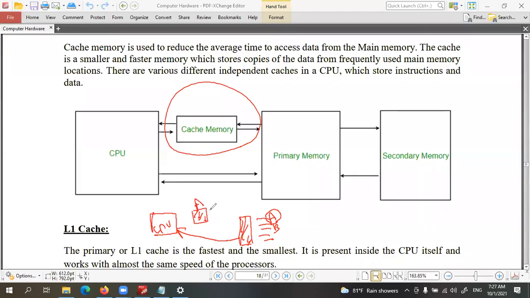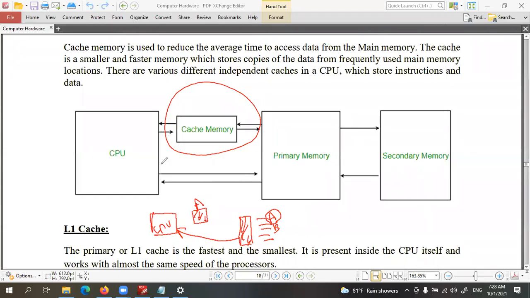So cache has a very small memory capacity. It can't store a large amount of data because, children, the reason is the memory is very costly. Developing a high speed memory, when we increase the read and write speed of a memory, the cost also increases, right?